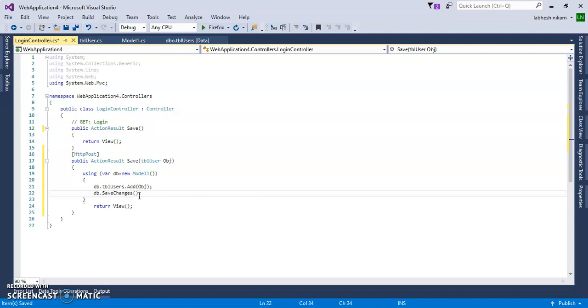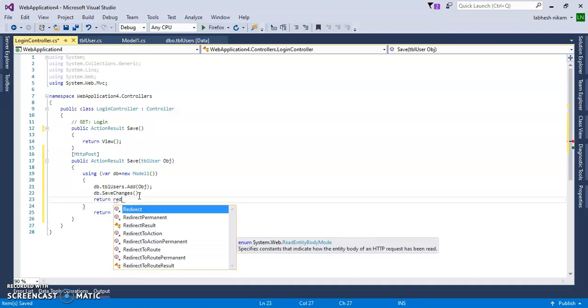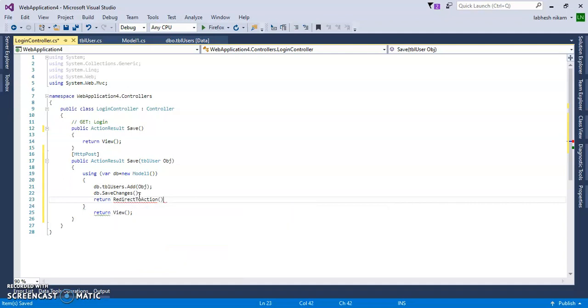This will save the data and will redirect the page. So return RedirectToAction to the OK method, and we'll create a return OK method.